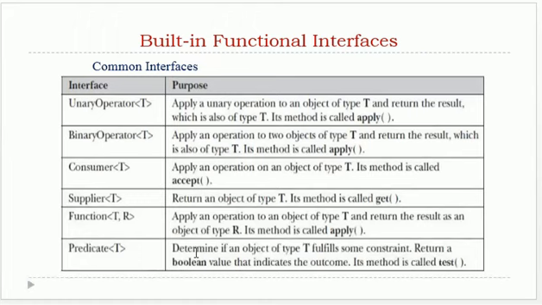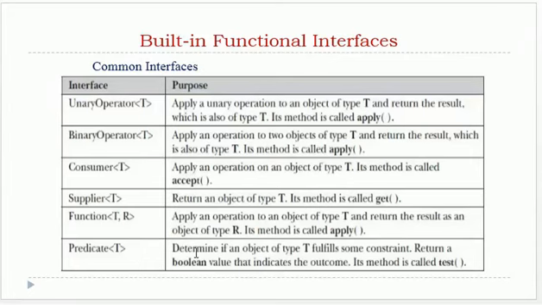Some built-in functional interfaces are unary operator, binary operator, consumer, supplier, function and predicate. The purpose of consumer, supplier and function is clear to me. Now everything is done in the form of generics. Maybe you have done generics in CSE 310, right? Even if you have not done generics, you can easily find generics on my channel. You can listen to that also to know the concept of generics. Java has written generic functional interfaces. The purpose of consumer, supplier and function is clear to you.